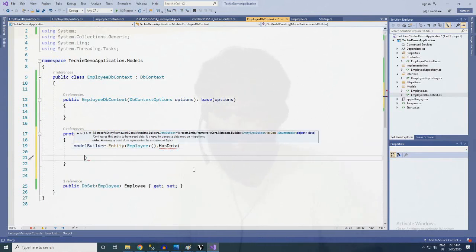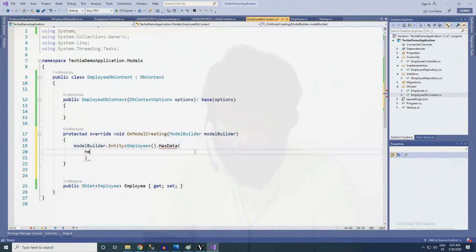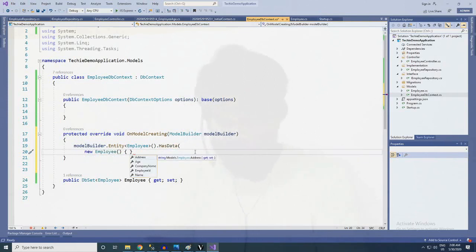So for now what I'll be doing is adding a new employee with name equal to something like Vinod, address equal to some other address, and age equal to 25,